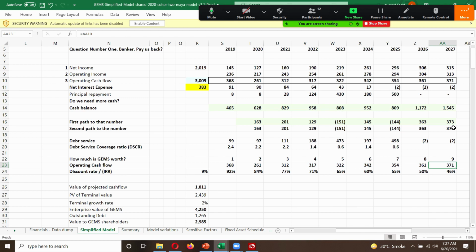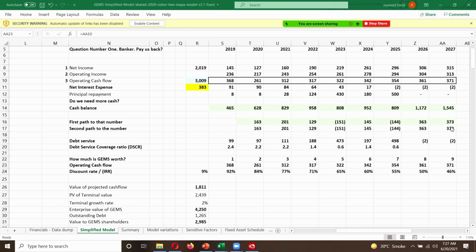The reason we picked 2% or 3% for our purposes was that if the economy of Dubai is going to grow at, let's say, 2 to 3%, GEMS is not going to grow faster than that. If it expands outside of the UAE, let's say into Saudi Arabia or Egypt or other parts of the Middle East, then the growth may pick up. And they're doing that. Unfortunately, what we've seen in the past is that when they do these expansion projects, they create a separate holding company. So existing shareholders or lenders are not going to benefit from that growth.